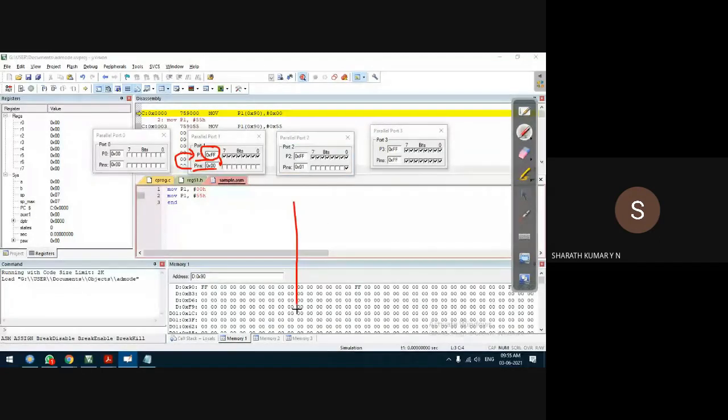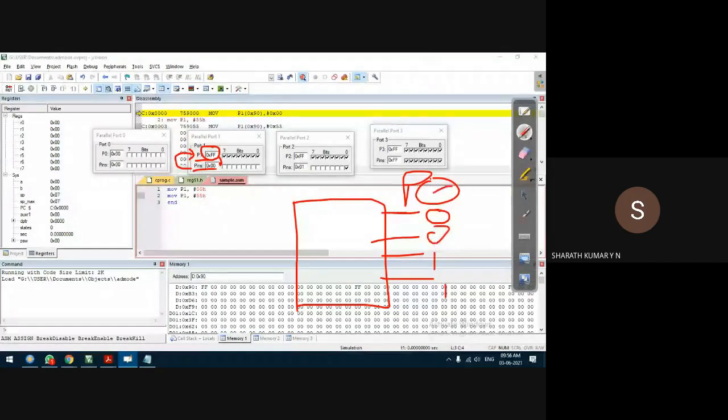Two more minutes, I'll wind up. What I'm trying to say is these are the pins, for example, port 0 pins. I load some data onto these pins, 0011, something like this. This data will not be loaded into the internal memory location, that is the port 0 special function register, until and unless we read it.